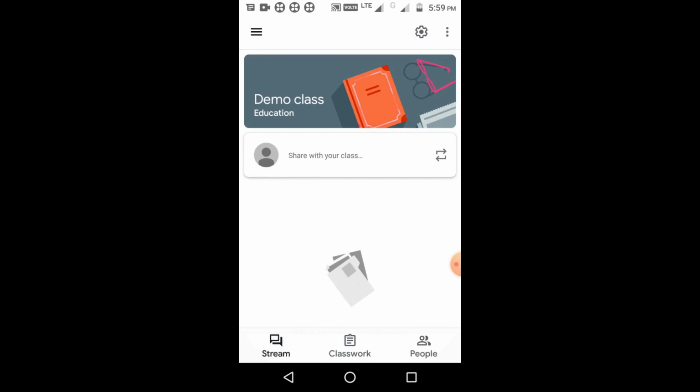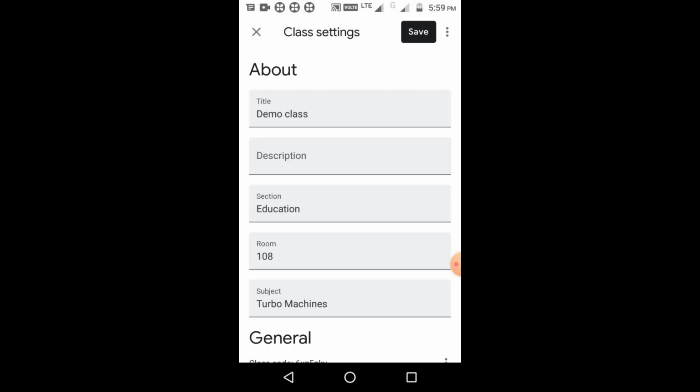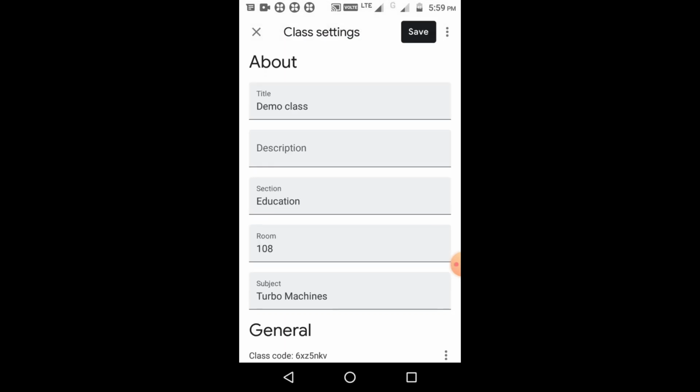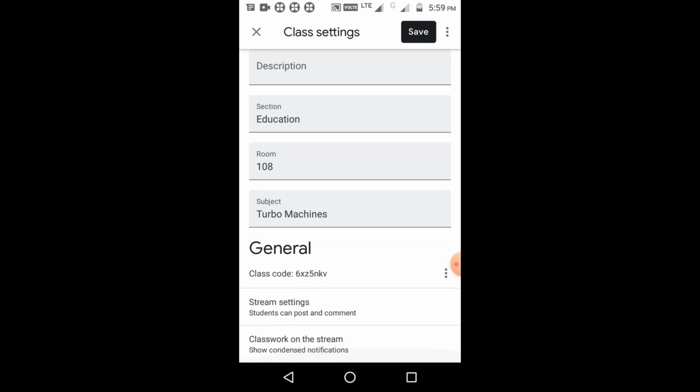Now this class code will be visible in the settings option which is available at the upper right corner. At the upper right corner we have the gear-like icon here. Just click on this icon, it is nothing but the class settings. At the bottom in the general option we have the class code. Just long press on this class code, and it will get copied automatically.